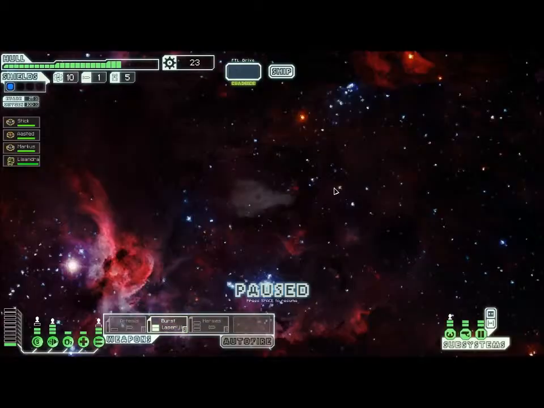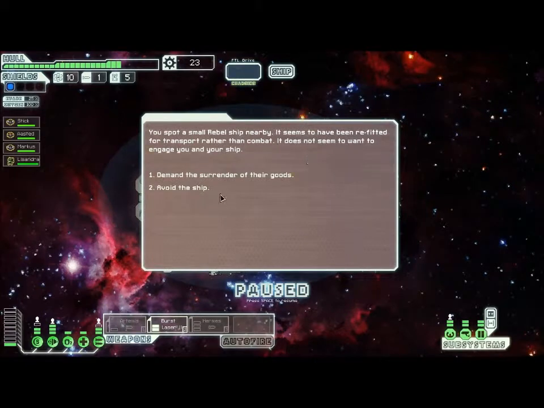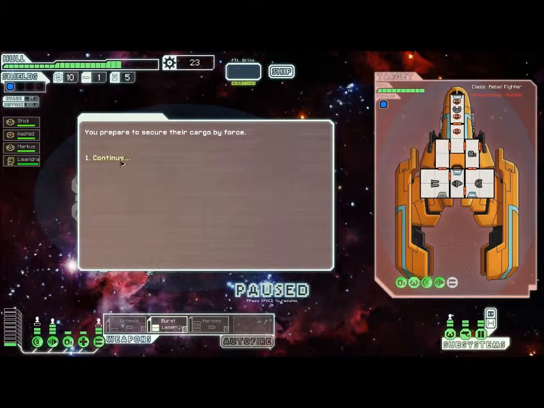So I'll make another jump. You spot a small rebel ship nearby. It seems to have been refitted for transport rather than combat. It does not seem to want to engage you in the ship. Well, the rebels haven't exactly been nice to us, so I don't see any reason to be hospitable to them now. You prepare to...